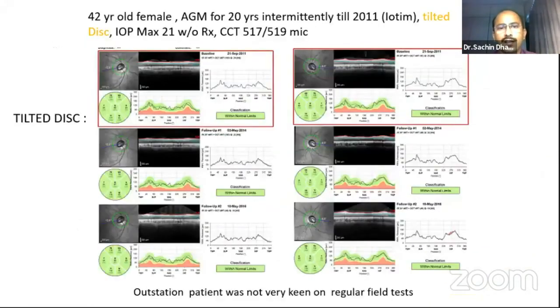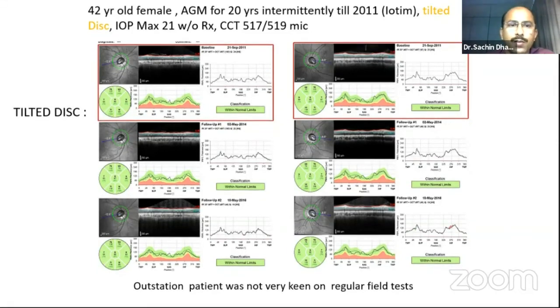Now, a few comments about tilted disc. Tilted disc and myopia are things which are always a Pandora's box in imaging. And here you can see clearly, irrespective of myopia and tilted disc, scans are very easily obtained, and over a period of time, the scans are stable. So the disc suspect, which looks almost like glaucoma, can be exonerated from the treatment and unnecessary follow-ups that might accrue due to an abnormal imaging or an abnormal clinical examination.